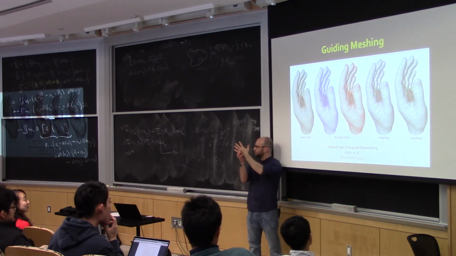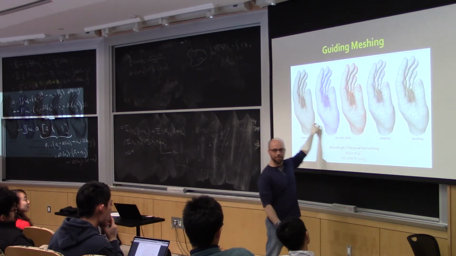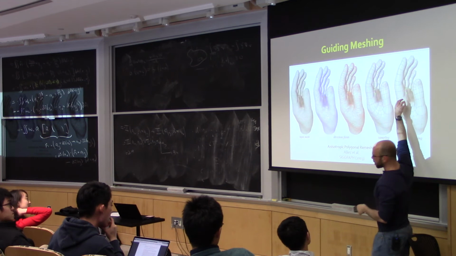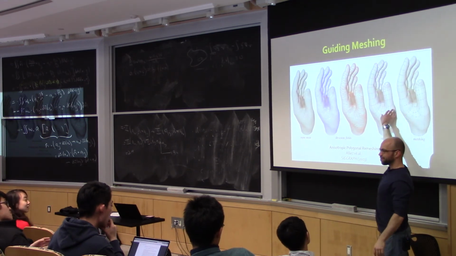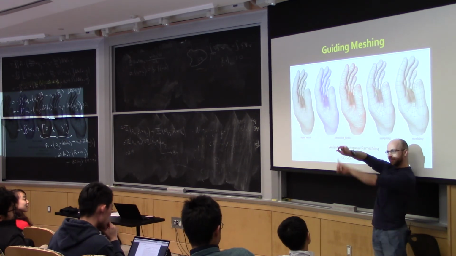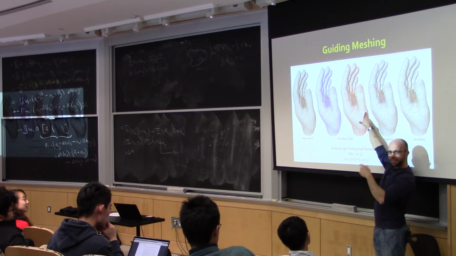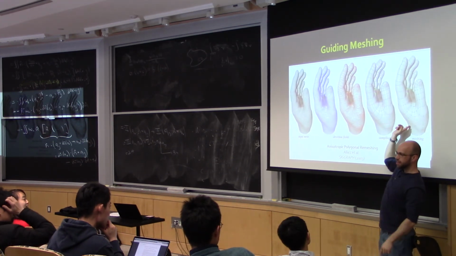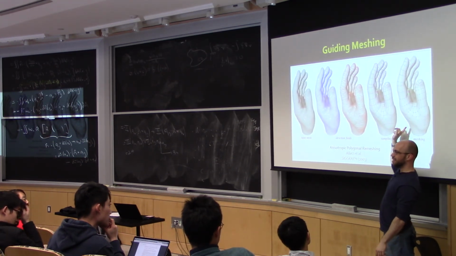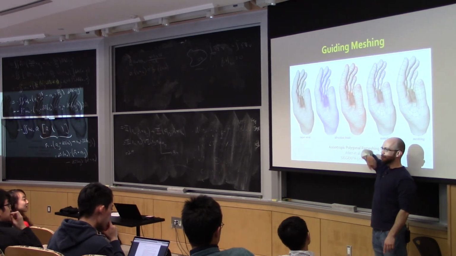So for instance, artists like to work with quads a lot. And there's a problem then, which is I have a 3D surface, and I want to tile it with little quadrilateral shapes. A very typical way to do that is to compute some kind of vector frame field, like some perpendicular directions that have something to do with the geometry of the surface, and then extract these things as the flow lines of those fields, right? And so a lot of work goes into designing these things so that that mesh ends up looking nice.